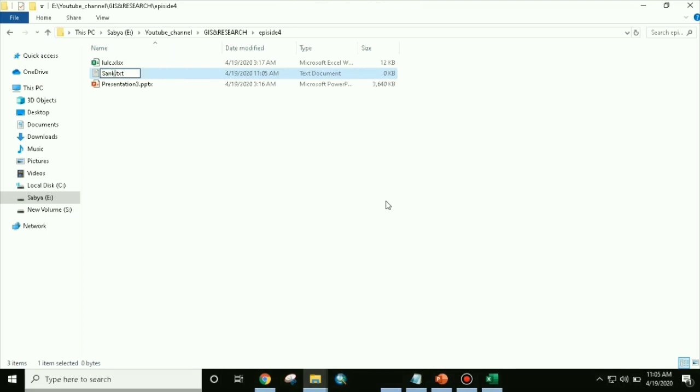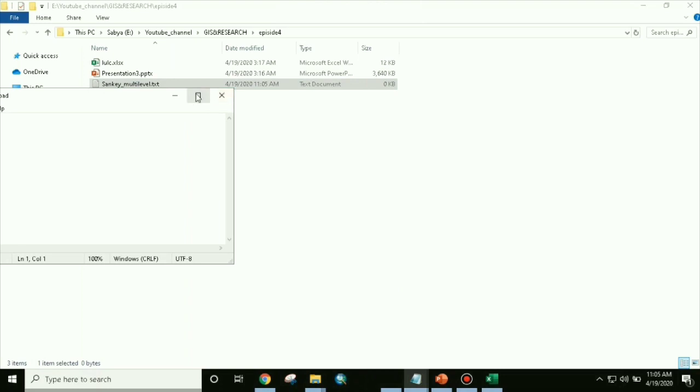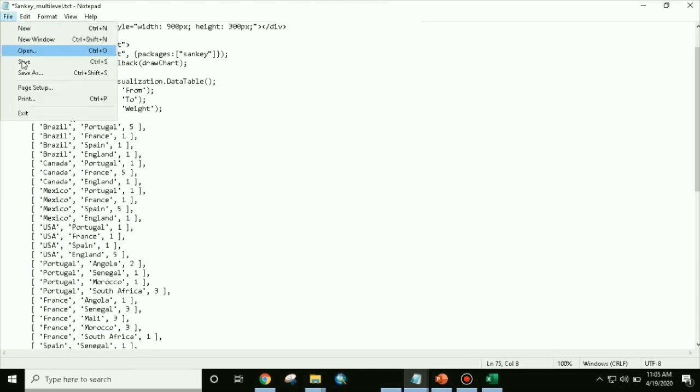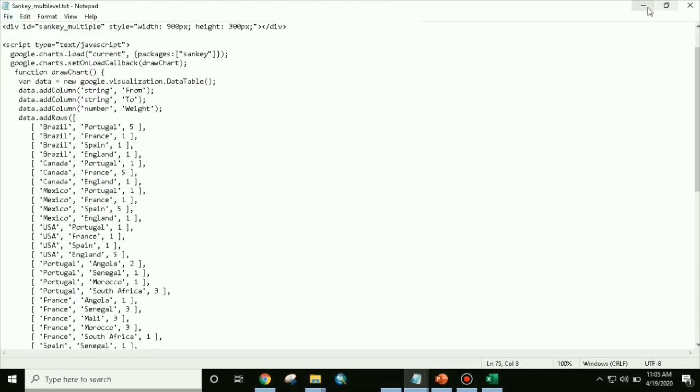Name it Sankey multi-level. Now just click and open it and just paste it over here. This is the code for the multi-level Sankey diagram.